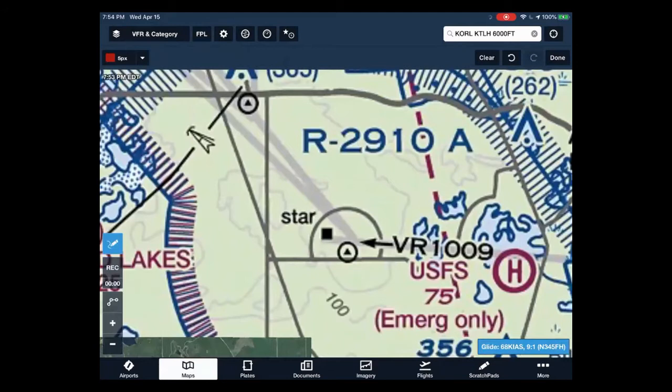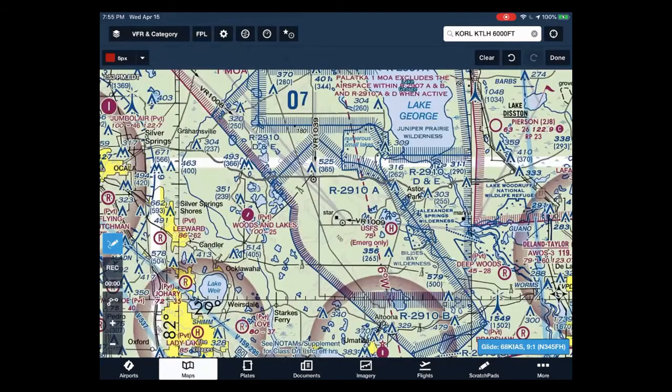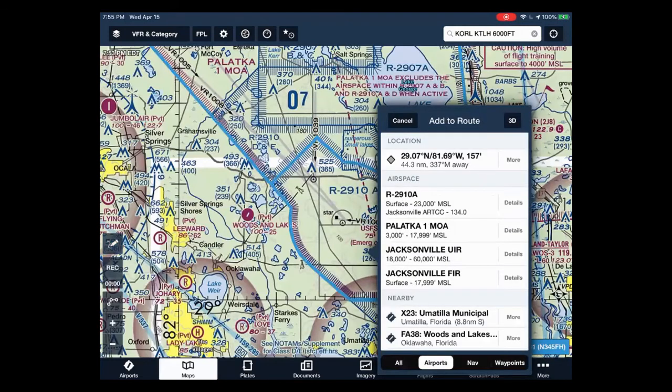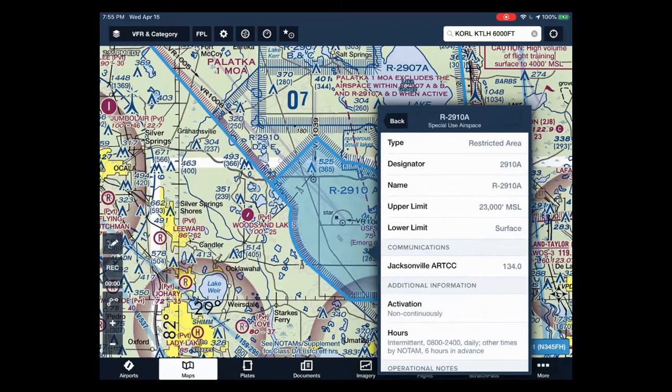the appropriate controlling agency. So let's do some investigating real quick on R2910A as to who or what that is. So let me turn off my draw there. We'll go to R2910A with ForeFlight. We can see it's from the surface to 20,000 feet. So in a normally aspirated single engine airplane, you're certainly not going to outclimb that. We can see the frequency would be Jacksonville Center on 134.0, that same Daytona Beach frequency, in fact, or that